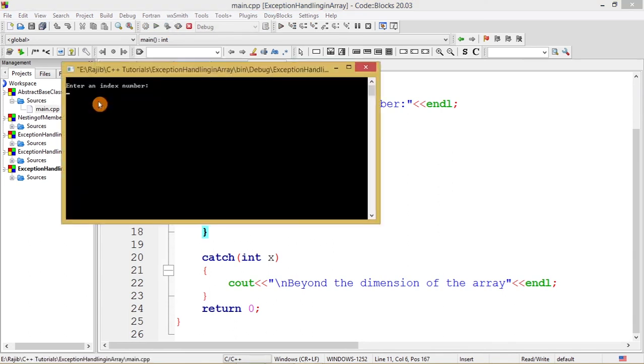Suppose we write the index value as -3. -3 will definitely not put us inside the dimension of the array, as the array dimension is between 0 to 4, and this -3 will definitely raise an exception. Let's see whether the beyond the dimension of the array statement comes as the output. Beyond the dimension of the array comes here as well.